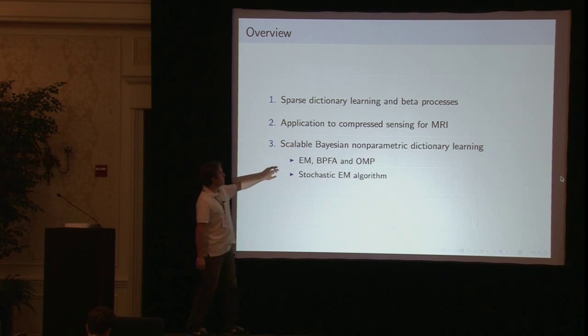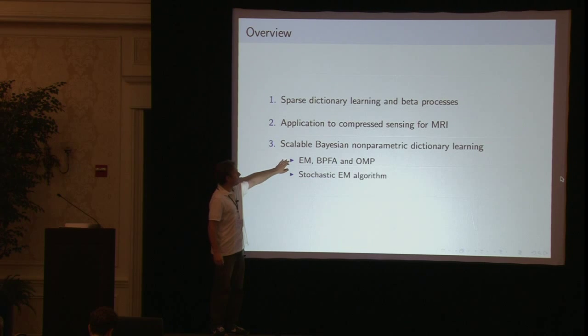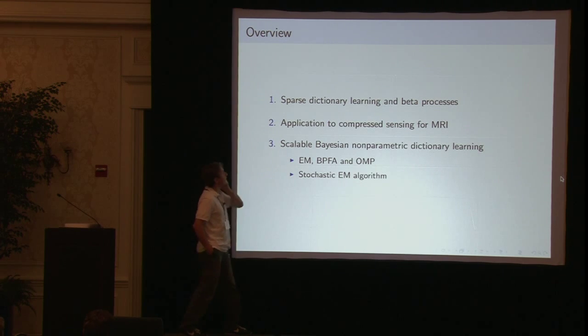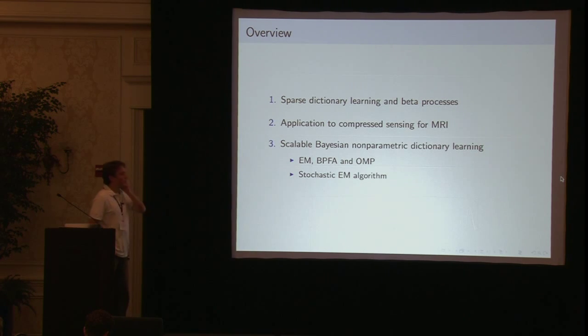And so that's basically two parts. One is a new EM-based algorithm, and also scaling that up to large data sets. And so this is actually, I think, the most interesting part, because unlike other dictionary learning algorithms, there's not really much theory about what you're going to learn using this Bayesian nonparametric approach to dictionary learning. There's a lot that you can say about the prior, but there's not much that you can say about what